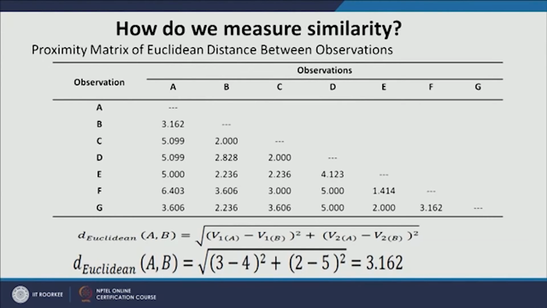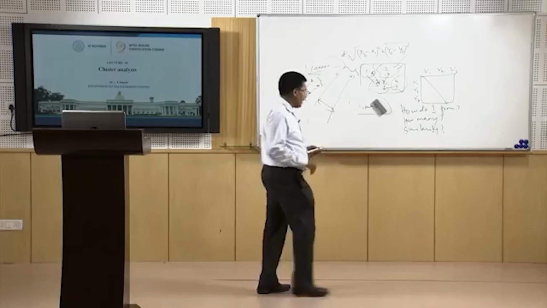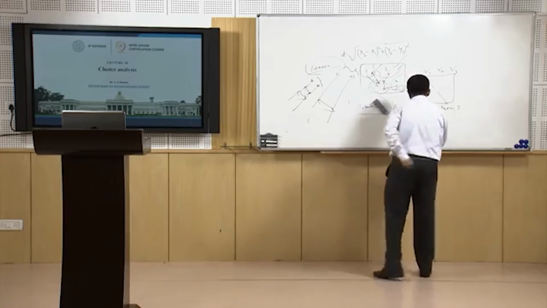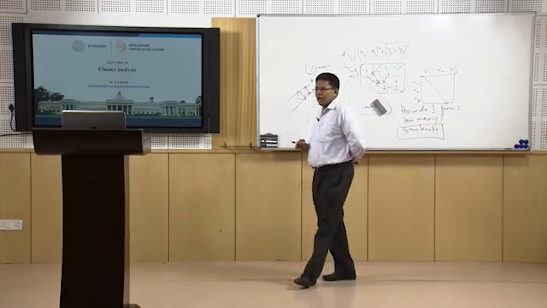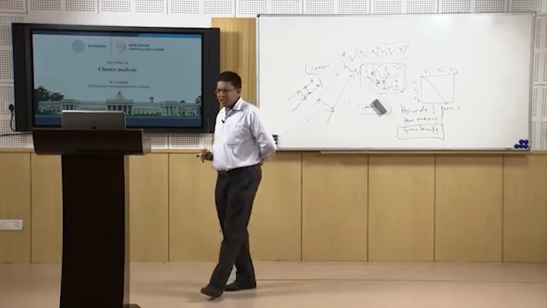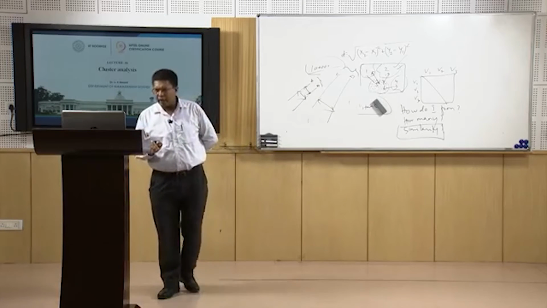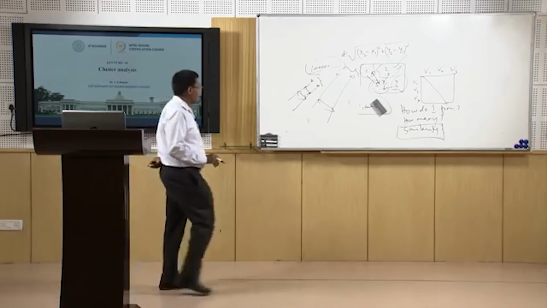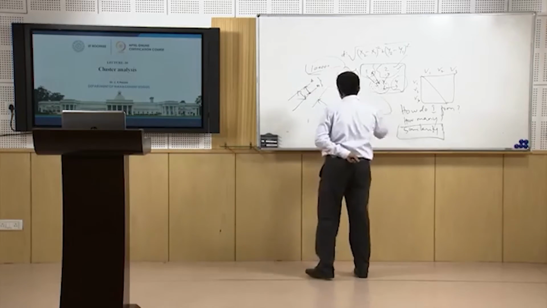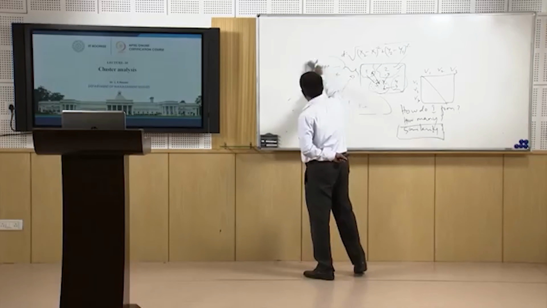Now how do we measure similarity? The first question that we had, how do we measure the similarity? So to do this, right, how do we measure similarity? I said we can use the Euclidean distance as the way of doing it. Now how is it done? Now for example, let us take the distances. Now let us take 2 distances, okay.